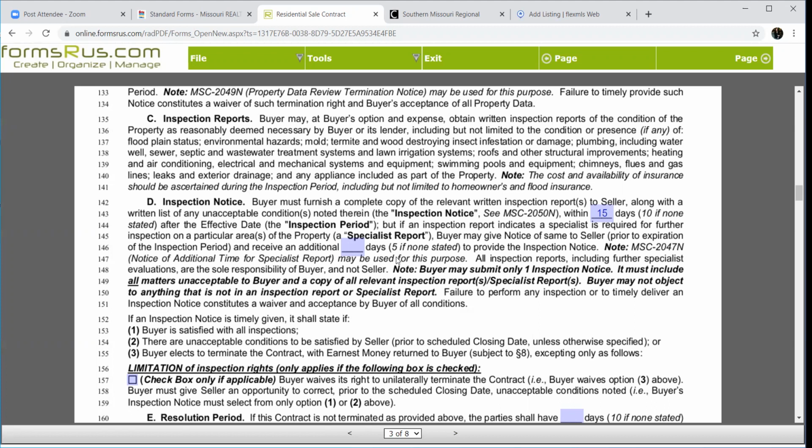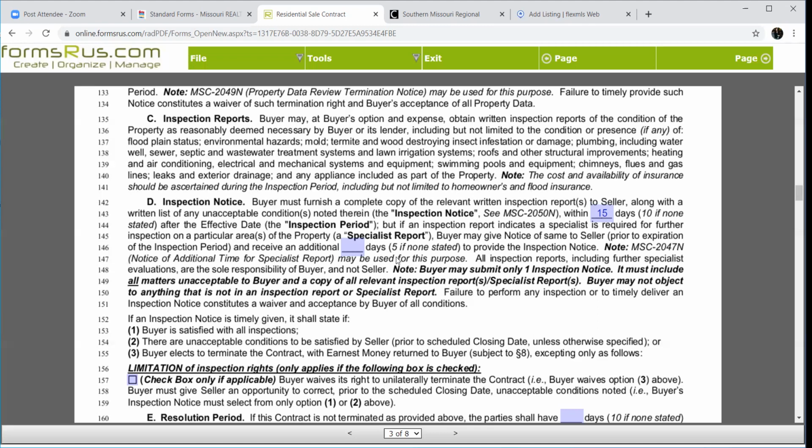Now, if you send me either the official notice or an email stating that you are going to exercise your additional 5 days for a specialist report, and you send me your inspection notice, I'm going to expect to see a specialist report, period. This is not an extra 5 days, like, oh, we didn't get a chance to meet, so I'm just going to use that as a specialist time period so we can still get our inspection notice in. That's not what it's built for. It's built to actually get other people to the property.